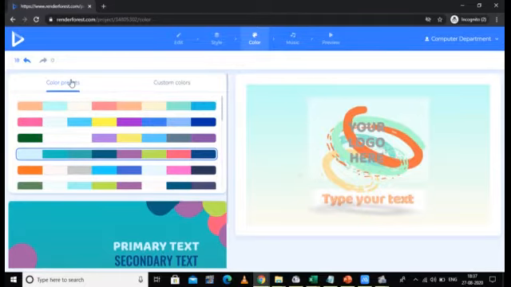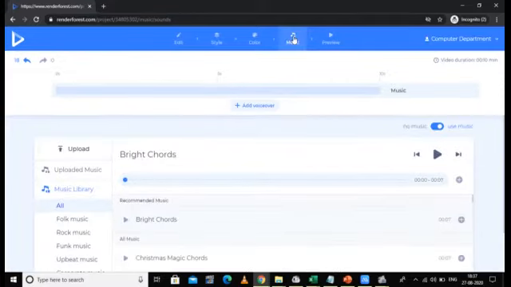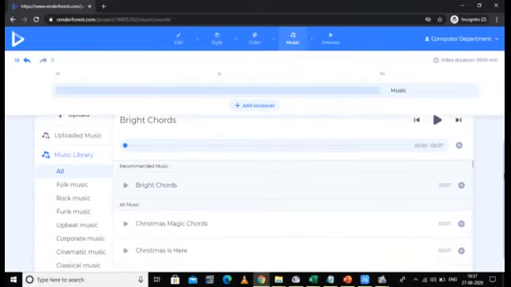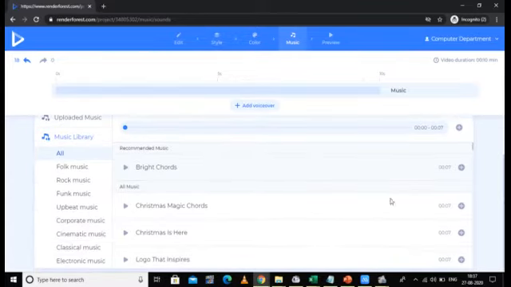The fourth and the major important step is the music part. In Render Forest videos, you can give your voice as well as music. Yes, the best part is we can give our own voice to our video. So for this, first of all, I am going to select one of the music available here in the list. These are all the options available in the Render Forest. You can select any of the music of your choice and apply that on your scene. For example, this logo that inspires.